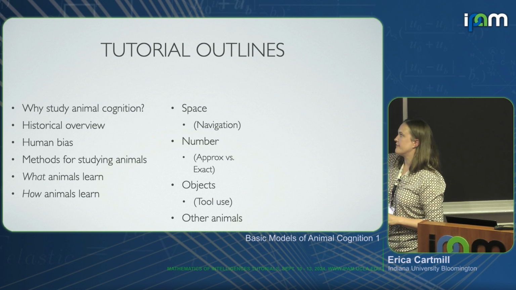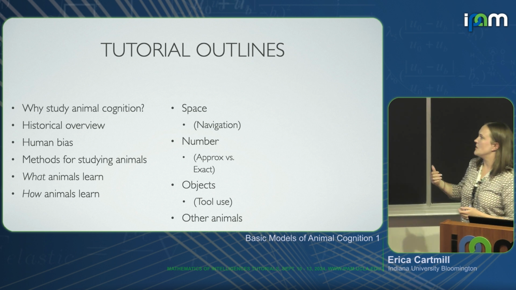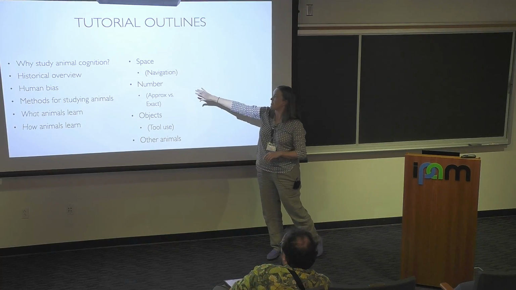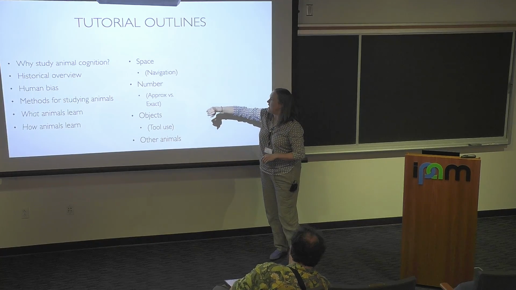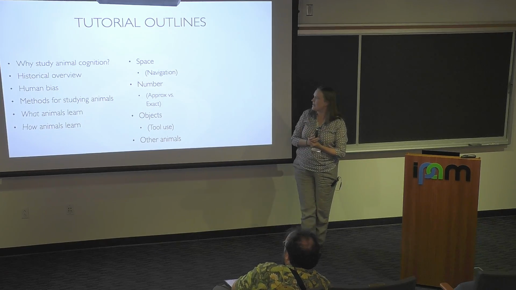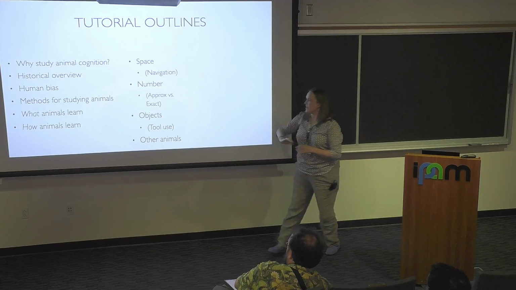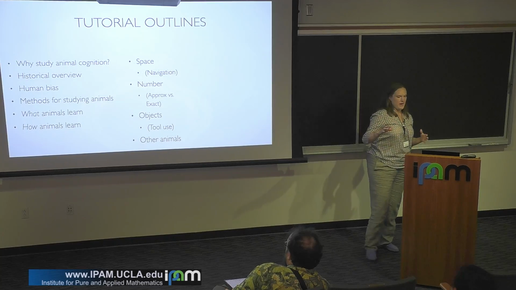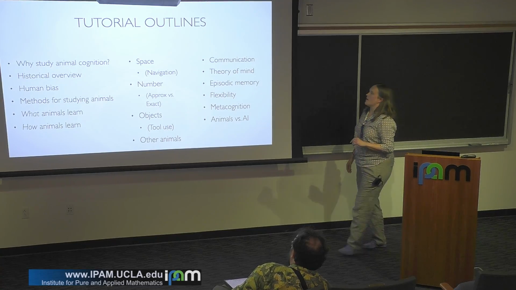So I'm really going to focus on diversity across the animal kingdom in solutions to common problems. So I'm going to talk about space, focusing on the case study of navigation. I thought it would be fun for this audience to talk about number knowledge and numerosity in animals. I'm going to talk about approximate versus exact numbers and ratio understanding, inferential statistics, and things like that. I'm going to talk about objects and the specific case of tools, and then how animals reason about other animals, which probably, given time constraints, will spill over to day 3,